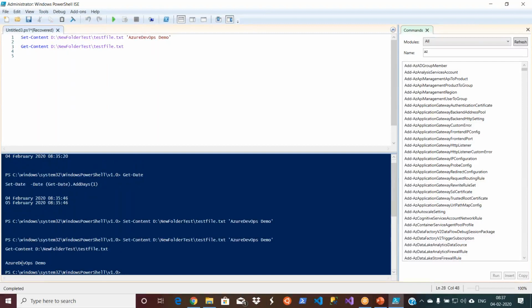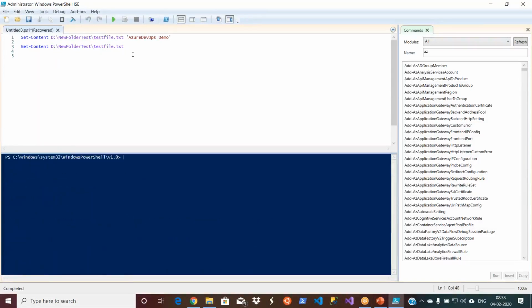See, I read it. Let's clear it. When you are learning commands, don't do multiple commands because you will get confused. So I read it, Azure DevOps demo. That is what is in my test file.txt.